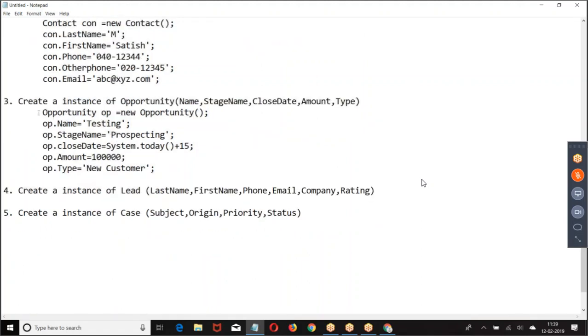This is how we are creating. Opportunity is an Apex class associated with the table called opportunity. For every table, there is an internal Apex class.